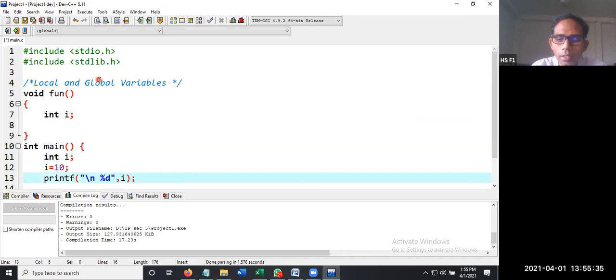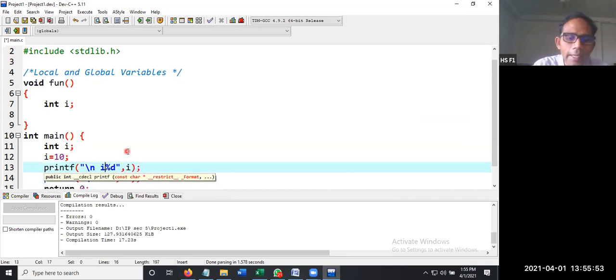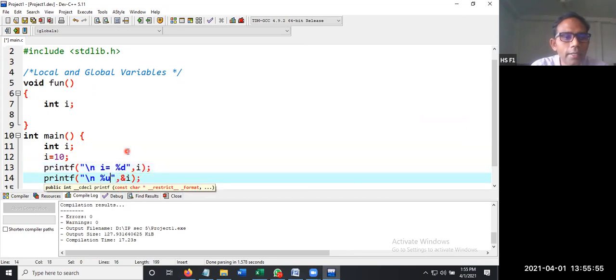For printing the address, you write an ampersand symbol before I. You can write %d or %u, it's up to you. So this is I is equal to, and this is address of I is equal to.